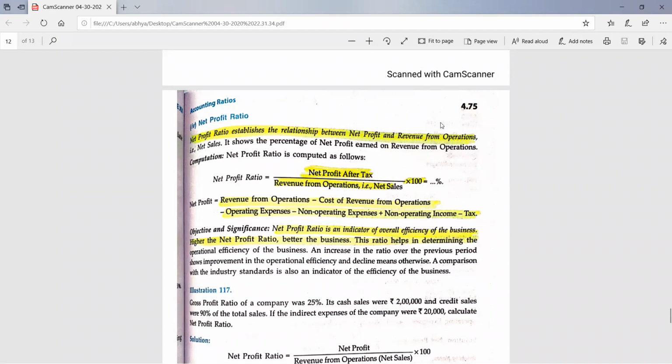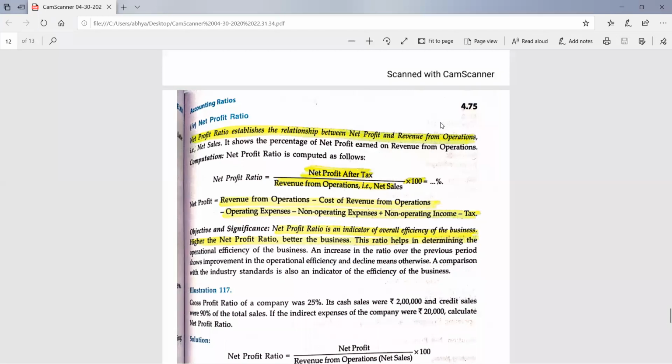Yes, Shubhangi, rent received, interest received, very good. Discount received, Harshita Sharma, very good. Rent received, discount received, yes. Bad debts recovered, one more, bad debts recovered. Commission received, yes, very good. Yes, discount received, rent received, commission received, bad debts recovered, interest received, dividend received. All these are the other incomes.